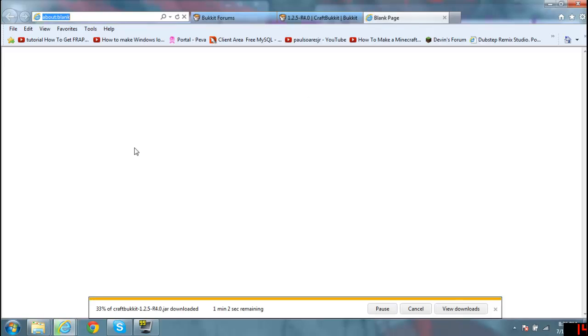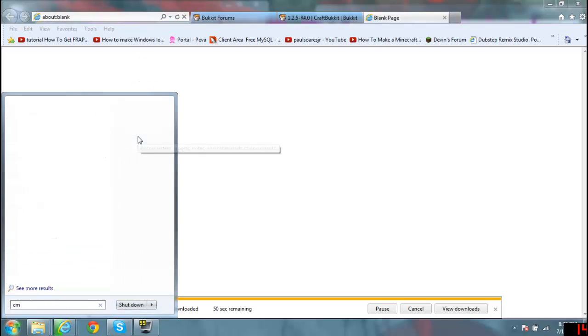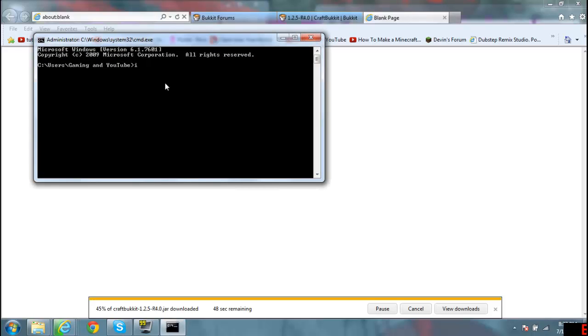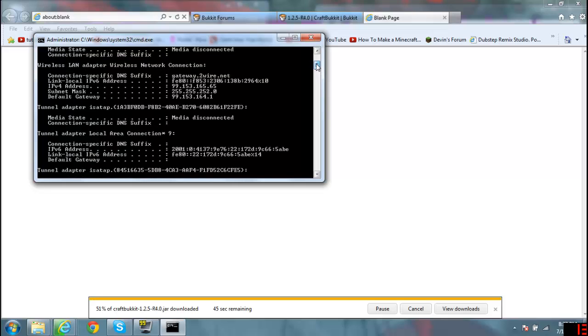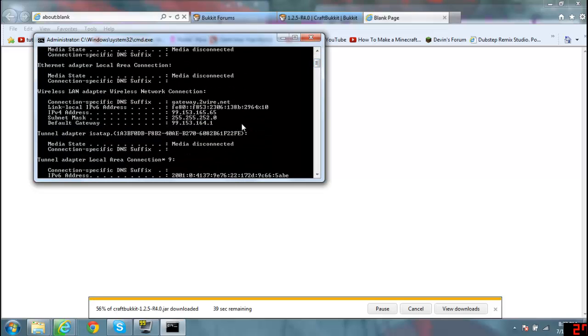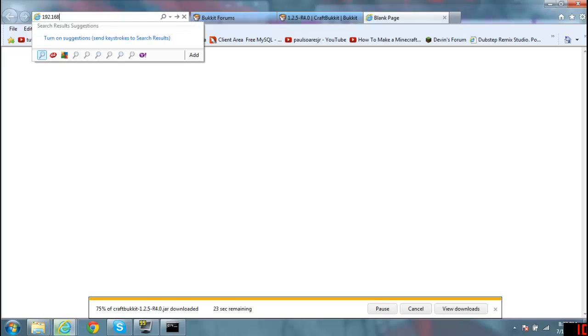Alright, so let me just show you how you're going to find your IP to connect to here. You're going to want to do CMD, then you want to do ipconfig, which stands for IP configuration. Click enter. Scroll up to see IPv4 address, and then you're going to see default gateway. The default gateway is so you can get to your router page. Mine is 192.168.1